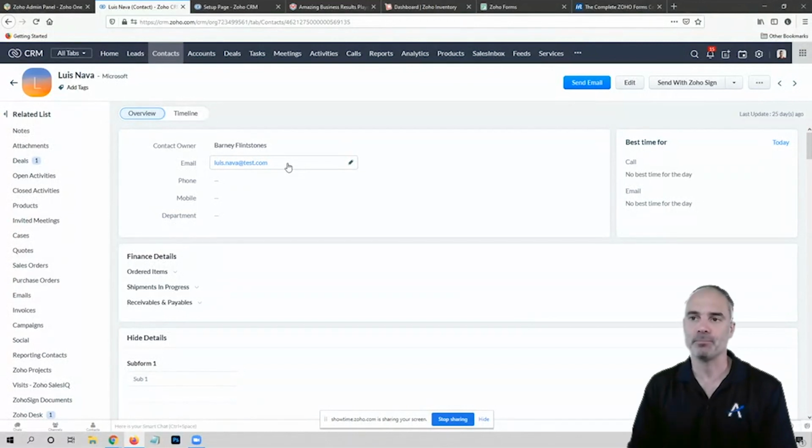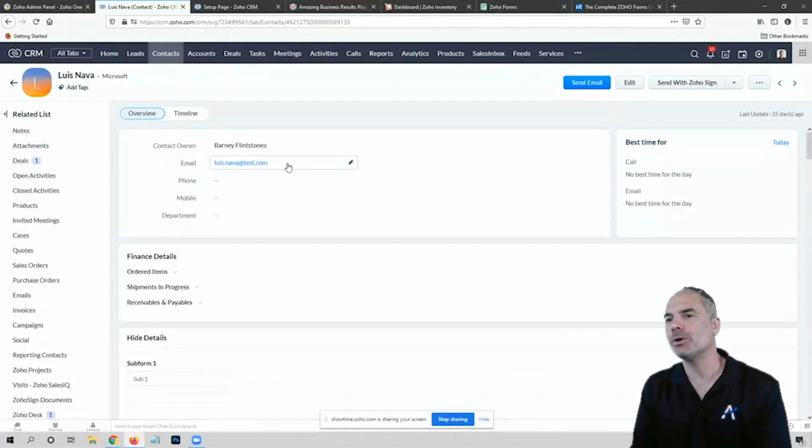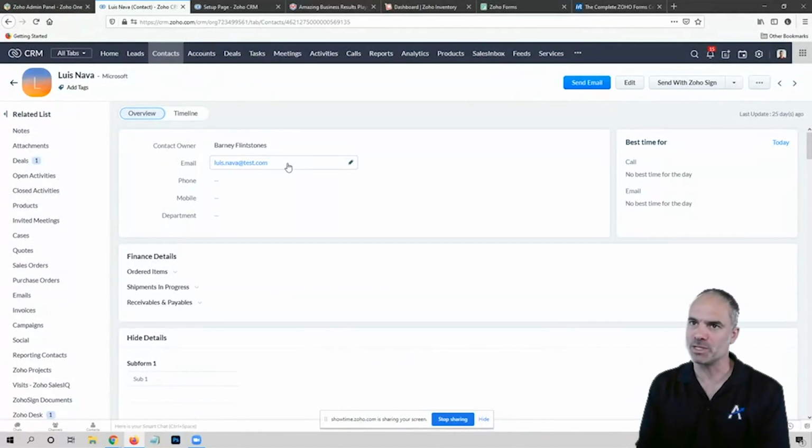So I understand that's what you explain in your course, but I am talking about after the client fills out the form, I want to be able to edit some of the questions because they are medical questions and some clients do not understand what flare up means, for example, and they don't give a full explanation. So you want to have something like an approval process before it goes to the CRM? No, I just want to have a link that I can go back into the form and edit the form.